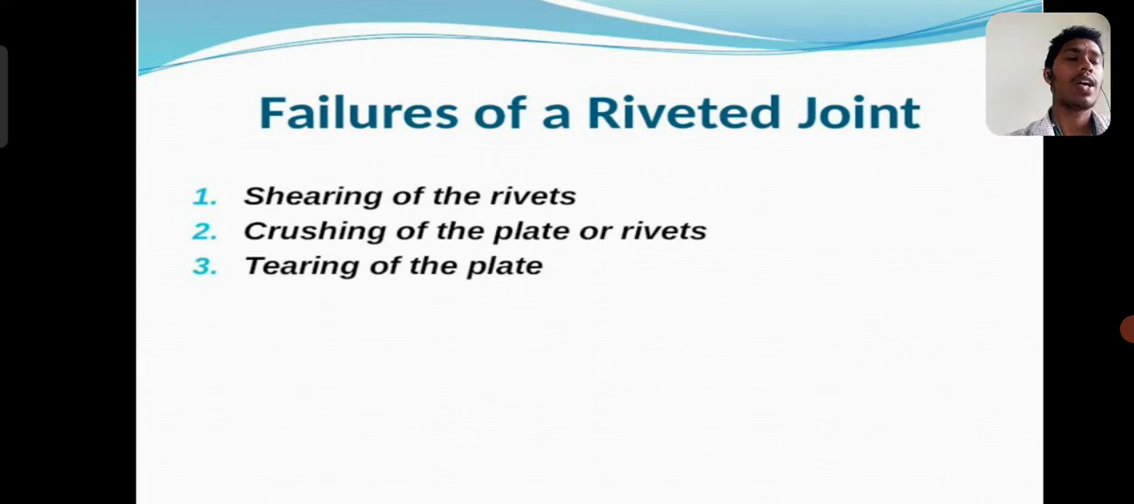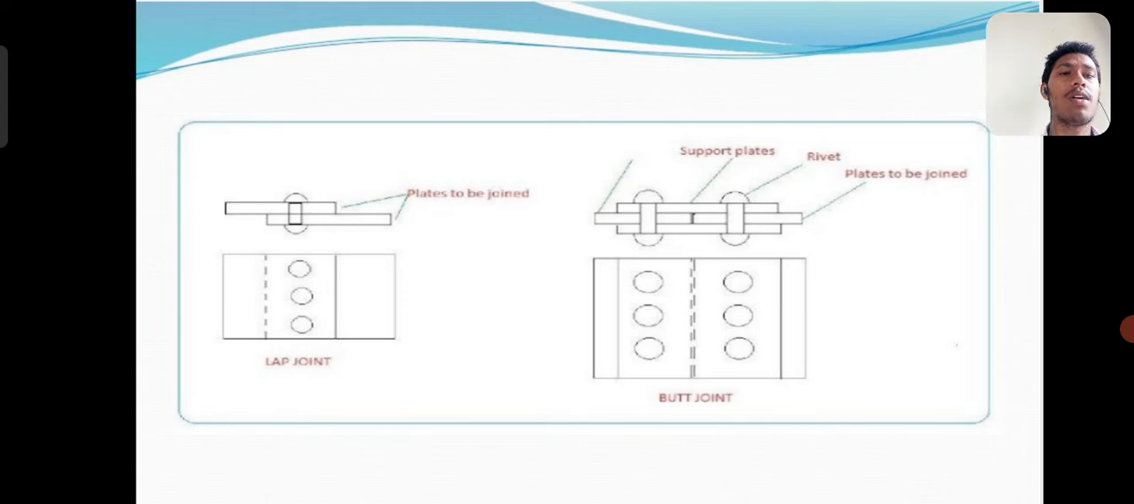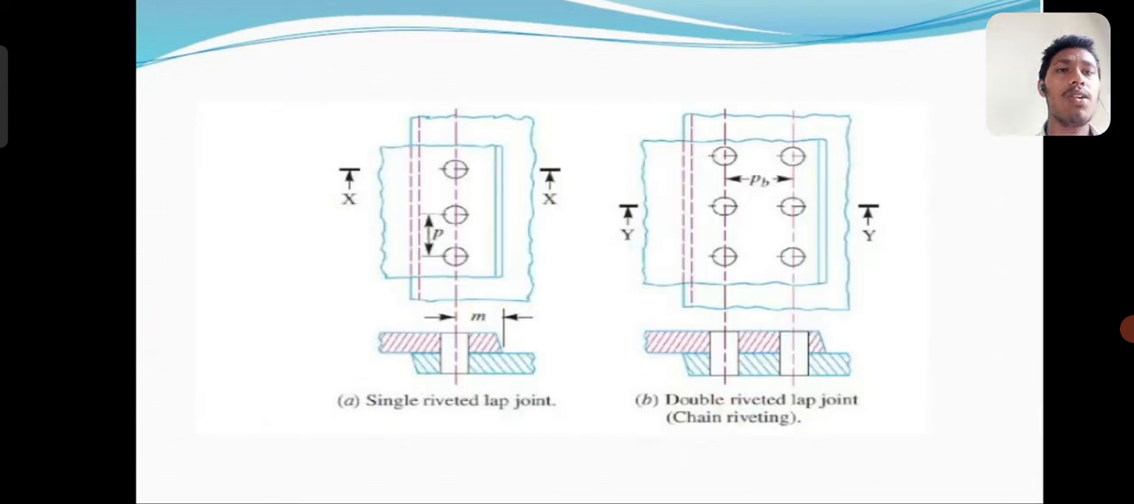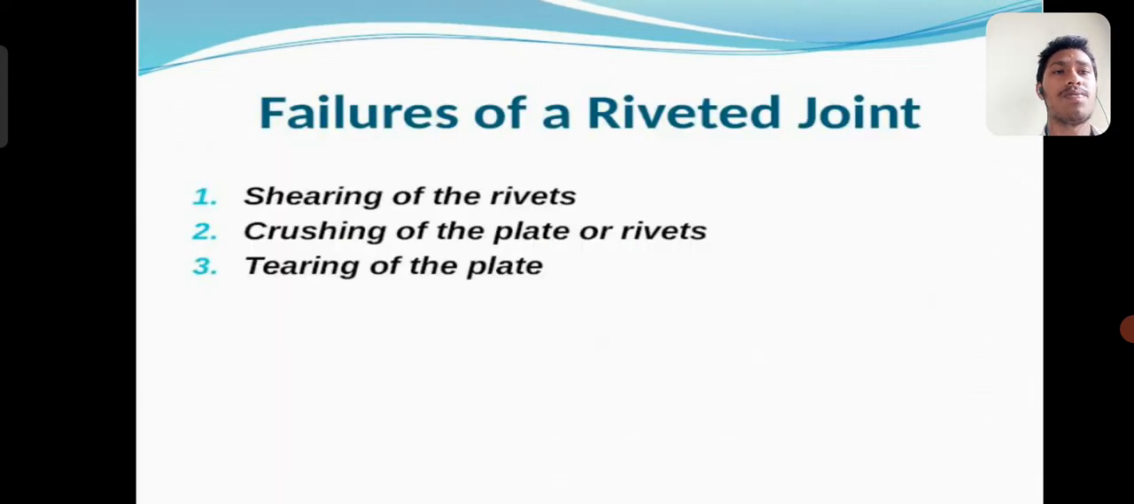And we are able to identify that there are two types of rivet joints: single riveted lap joint and double riveted lap joint. And they are also considered as a butt joint. Then we can observe the figure as shown on the screen. And the failures of the rivet joints are shearing of the rivet, crushing of the plate or rivet, tearing of the plate,